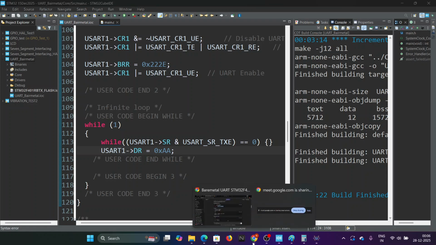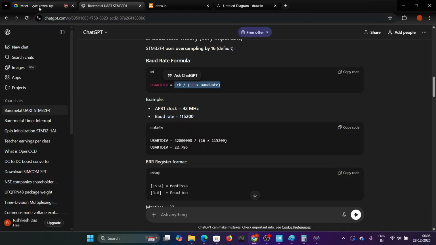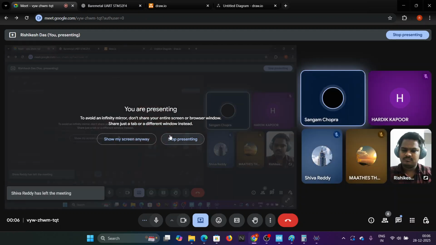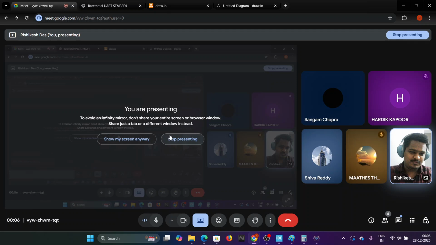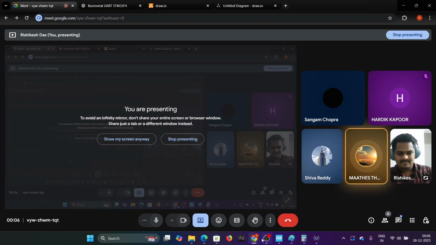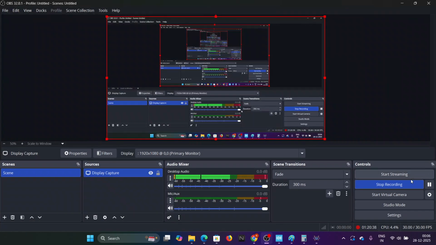Any questions? Sir, in real projects, where are we going to use this UART? Practically everywhere, probably in most of your projects. Sir, even GPS modules work based on TX RX communication. So we need